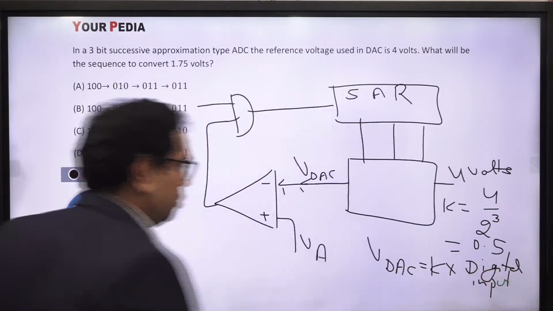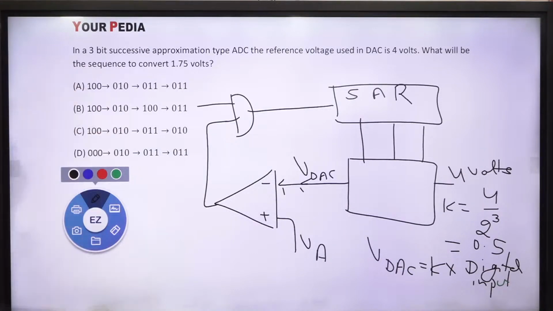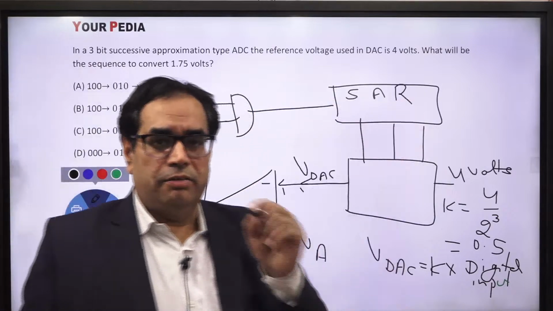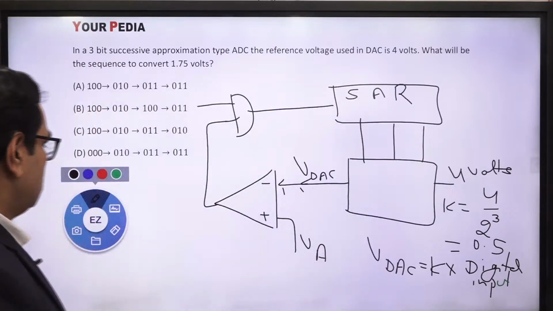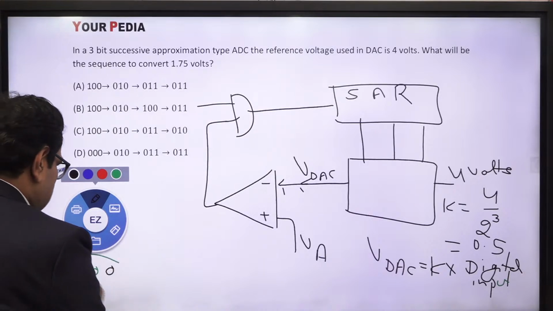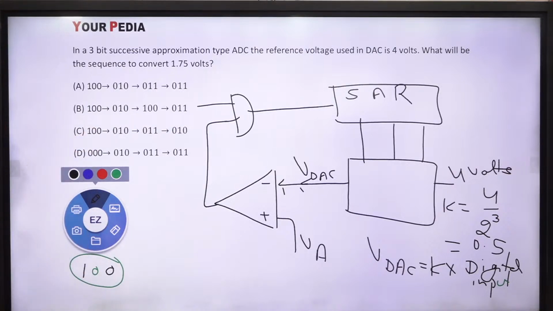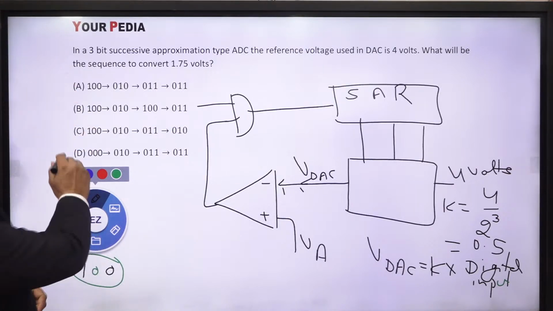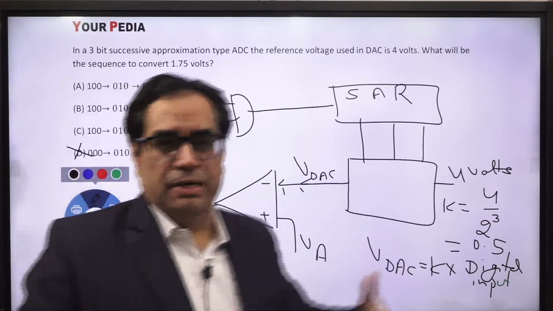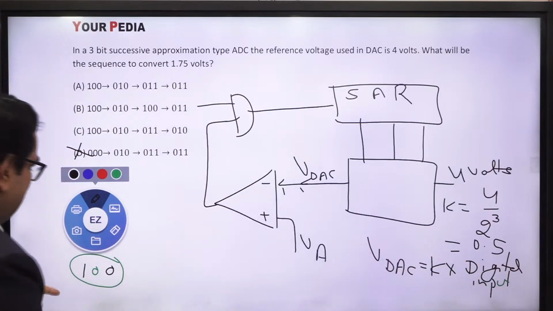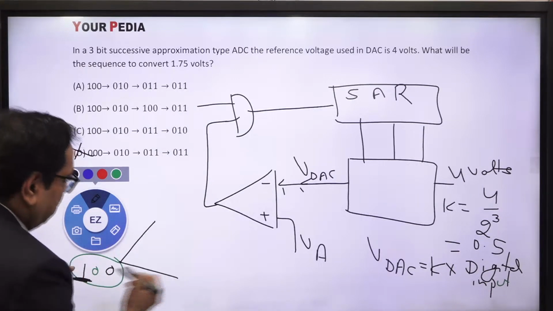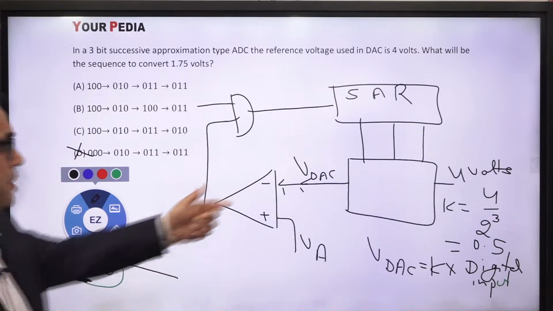डिजिटल इनपुट इस रूल को फॉलो करेगा। Now in this successive approximation converter we know that first of all the first content of this register is made in which MSB is set to be 1. ओके, सो सबसे पहले हम क्या करेंगे? 100, ये हम पहले MSB को 1 करेंगे, ठीक है। तो 100 will be the starting state of this SAR. सो 100 यहाँ पे 3 ऑप्शंस में है, तो D तो गलत हो गया आपका, यहीं से स्टार्ट करेंगे हम 100 से, राइट। Now 3 बिट की है तो 3 बिट की प्रोसेसिंग कंप्लीट करेंगे, ठीक है, 1 by 1। सबसे पहले हम फर्स्ट बिट की प्रोसेसिंग करते हैं, राइट। सो यहाँ पे हम या तो ऊपर की तरफ जाएंगे या नीचे की तरफ, 2 पॉसिबिलिटी है हमारे पास, राइट।